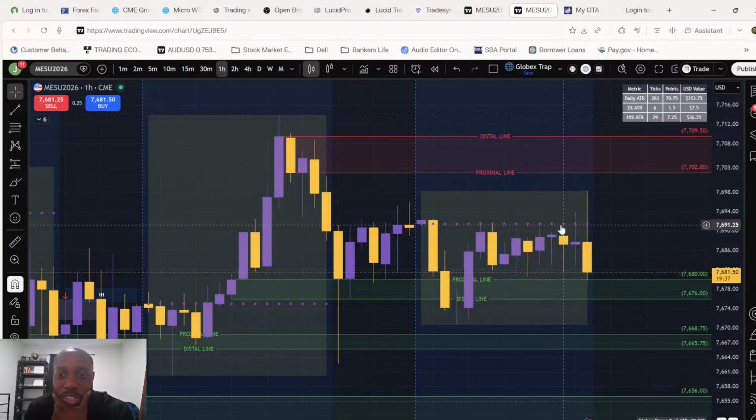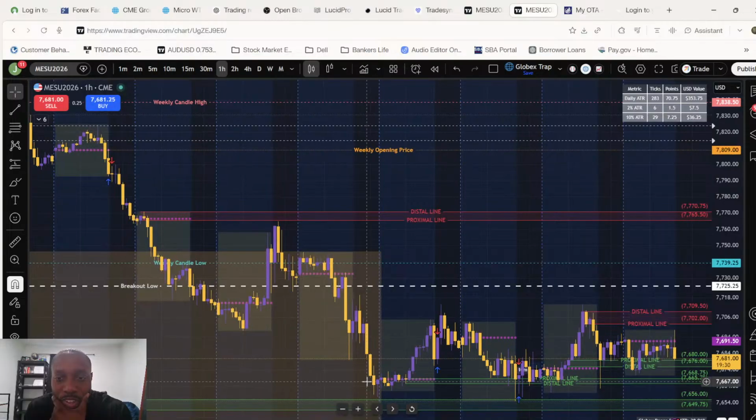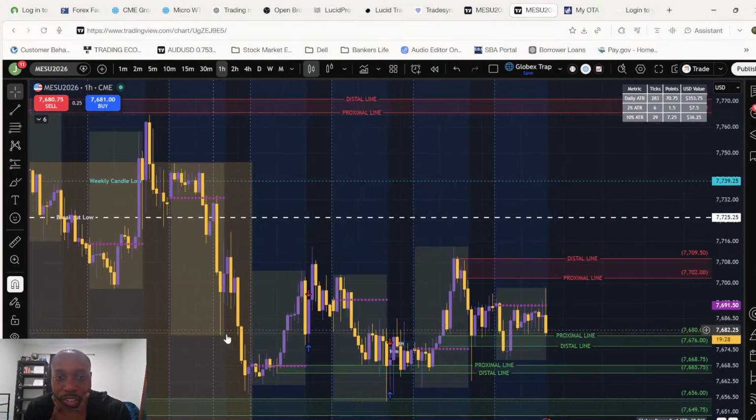The supply zone wasn't hit, but we're kind of in the middle of a range, so I don't like that because it's been ranging for a few days now. Yeah, this demand zone, come up here, this is a high, came down, broke lows a little bit, but not really. Most of the price kind of ranged in this area here, consolidated, got a lot of accumulation.